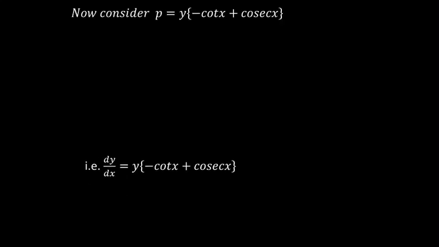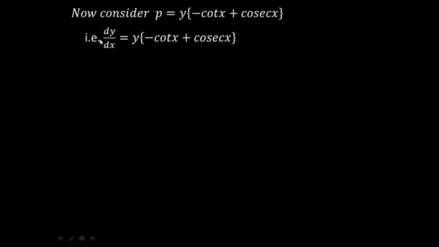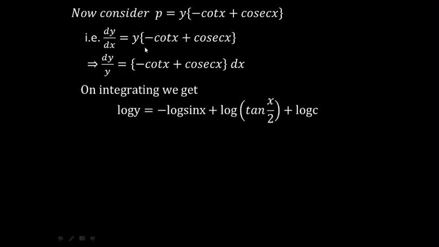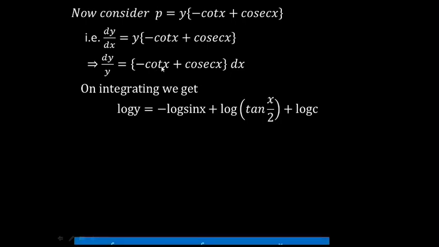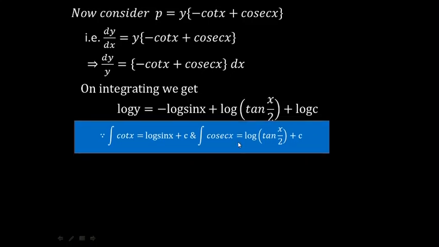If I consider the first, we know that p is nothing but dy by dx. Now obtaining the variable separable form, which in most cases you will get, just on integrating we get the solution. The integration of 1 by y is log y. Then the integration of cot x is log of sin x, whereas the integration of cosec x is, using the formula, log of tan x by 2. Then applying the law of logarithm, in the form log a minus log b plus log c, that will give you log of c times tan x by 2 upon sin x.